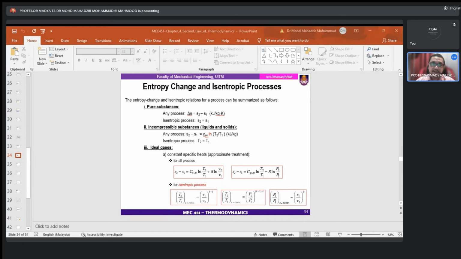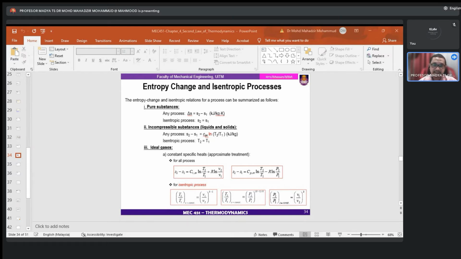Liquid and solid can be approximated as incompressible substances since their specific volume remains nearly constant during a process. That means dV, the change in specific volume, is equal to 0 for liquid and solid. So the formula for entropy change during the process is determined by integration, as I mentioned earlier,